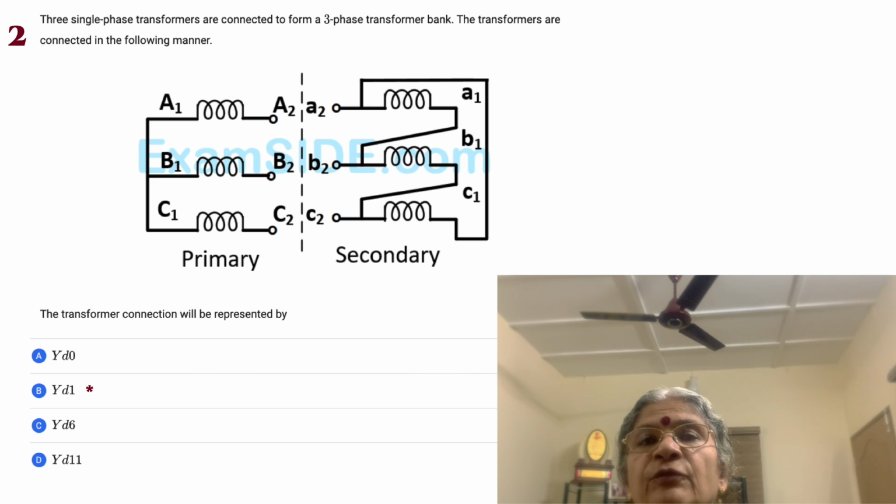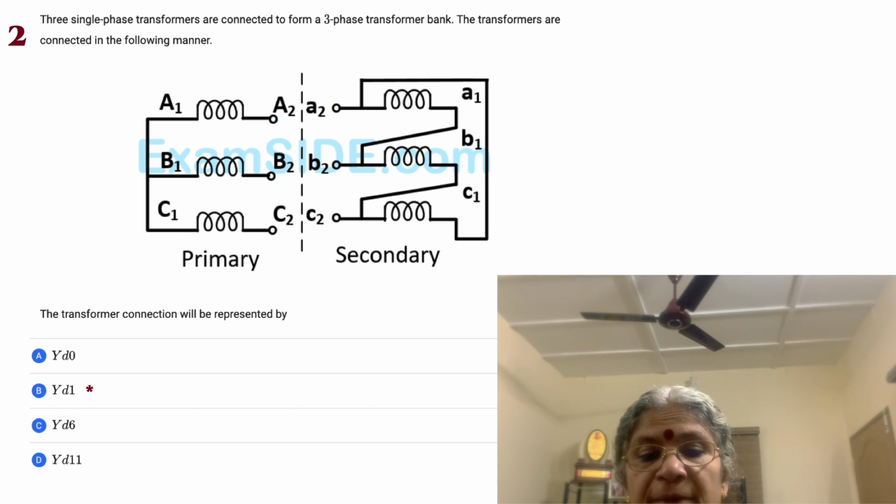The first letter will show the primary. That's why it is put in capital. So what does it say? Either it says D, in which case it's a delta, or it will say Y. Primary will be given first, in capital letter, and it will represent whether it's a star or delta. Obviously it's a star, so that's the reason why Y, WYE, is shown there as the first